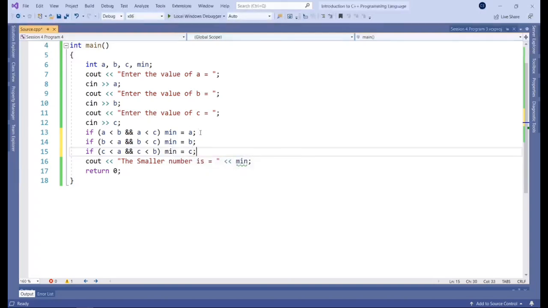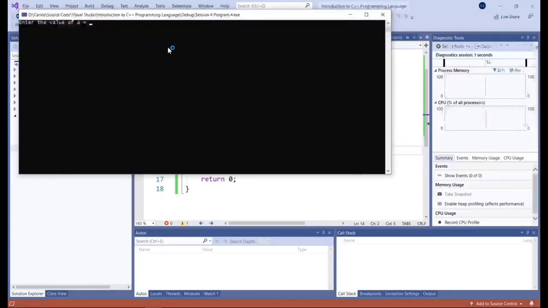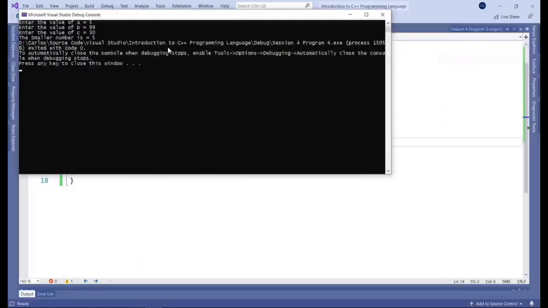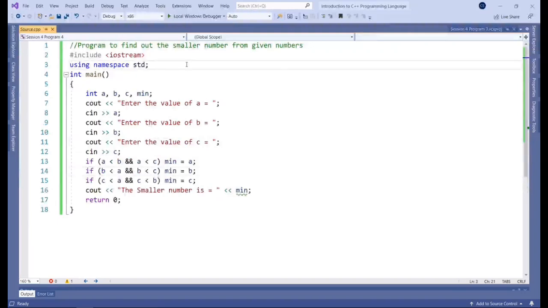And as you can see, that's a bit more clear, and you can write that in just 3 lines of code. So that's another way to do it, which depending on the situation might be better for the intended program. So you really have to think of what's the most concise way to write the code, the most effective way. And that's really going to change depending on the requirements and depending on what you're doing. So that's our last program of session 4, and I'll see you in session 5.